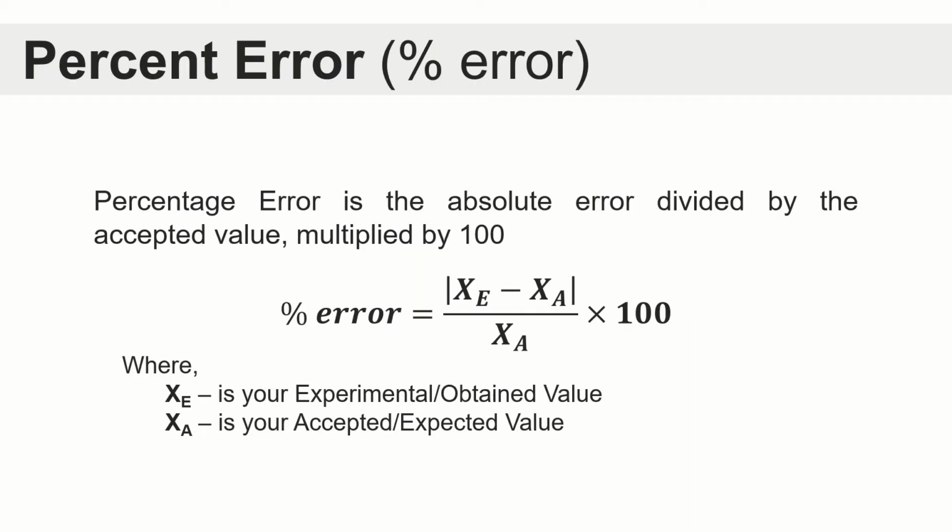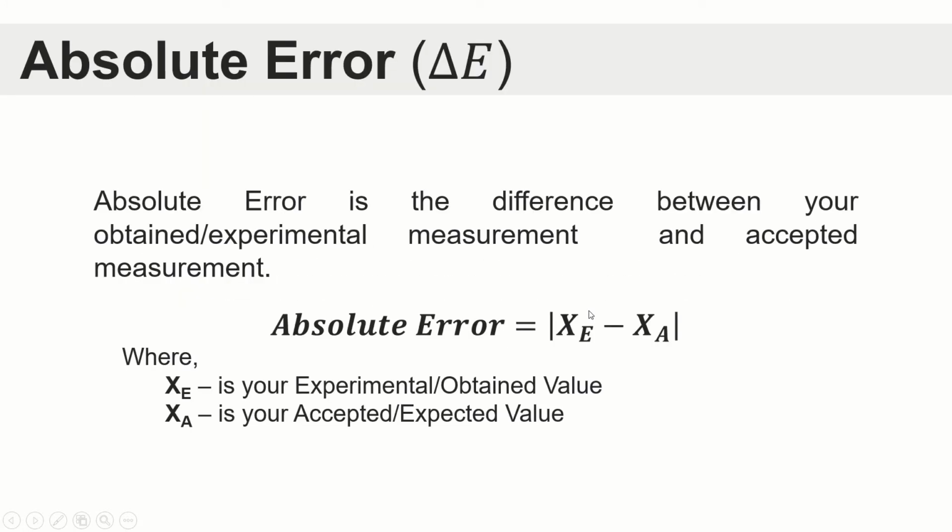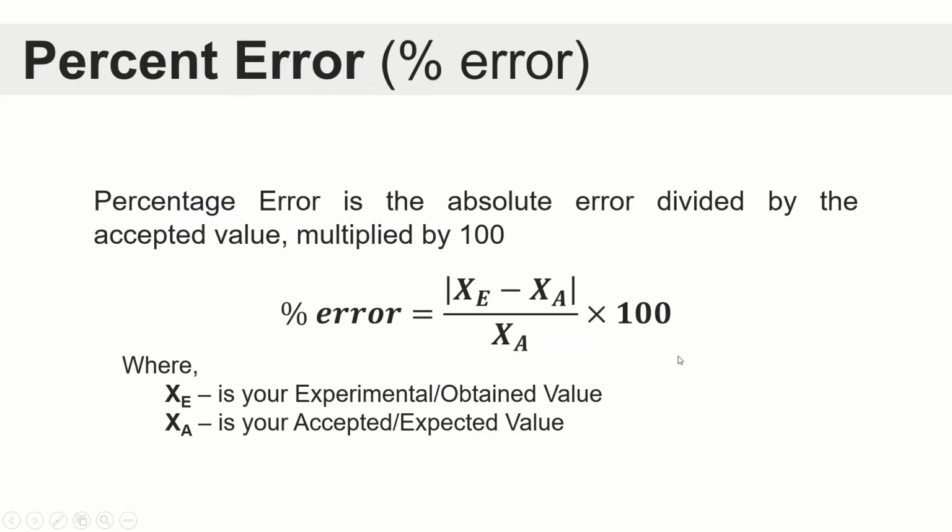Next is percent error. It is the absolute error divided by the accepted value, multiplied by 100. The mathematical representation is this. This is the absolute error, x of E minus x of A. So if you look here, this is the absolute error, x of E minus x of A. We can also write delta E divided by x of A, if the given is already delta E, times 100, where x of E is your experimental value and x of A is